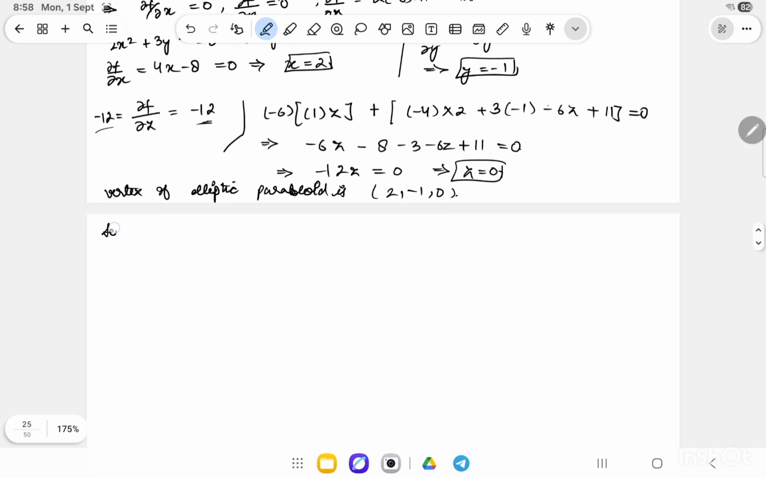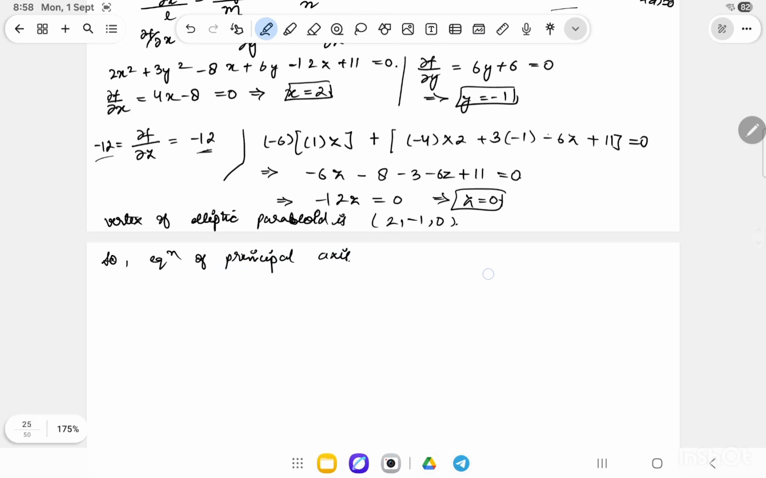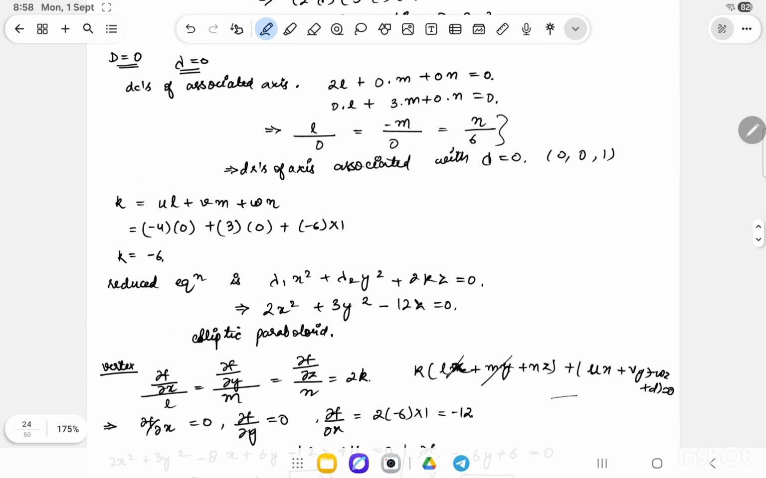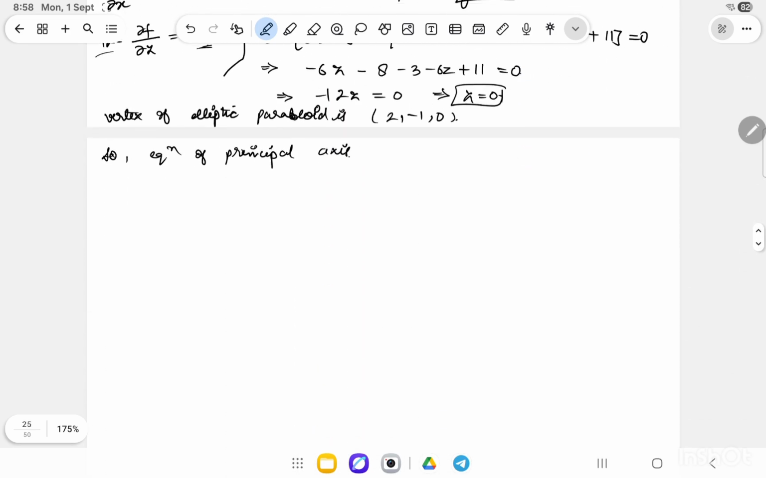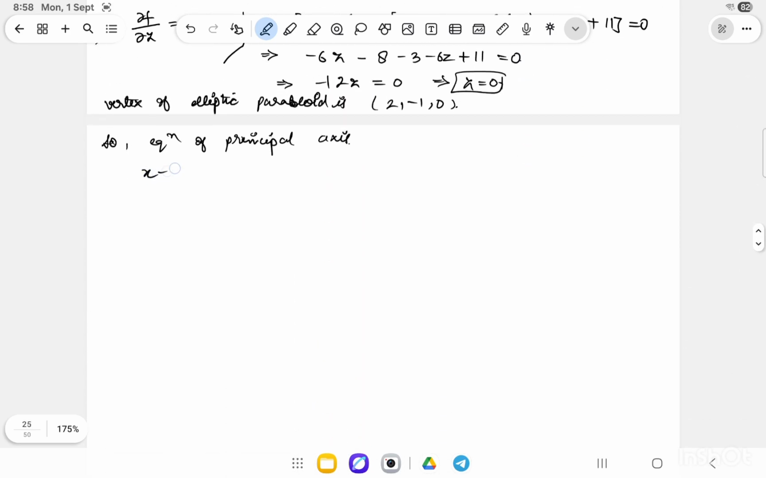So equation of principal axis. So equation of principal axis will be basically corresponding to lambda equals to 0. So equation of principal axis is basically x minus 2 by 0 equals to y plus 1 by 0 equals to z minus 0 by 1. So this is basically my principal axis,